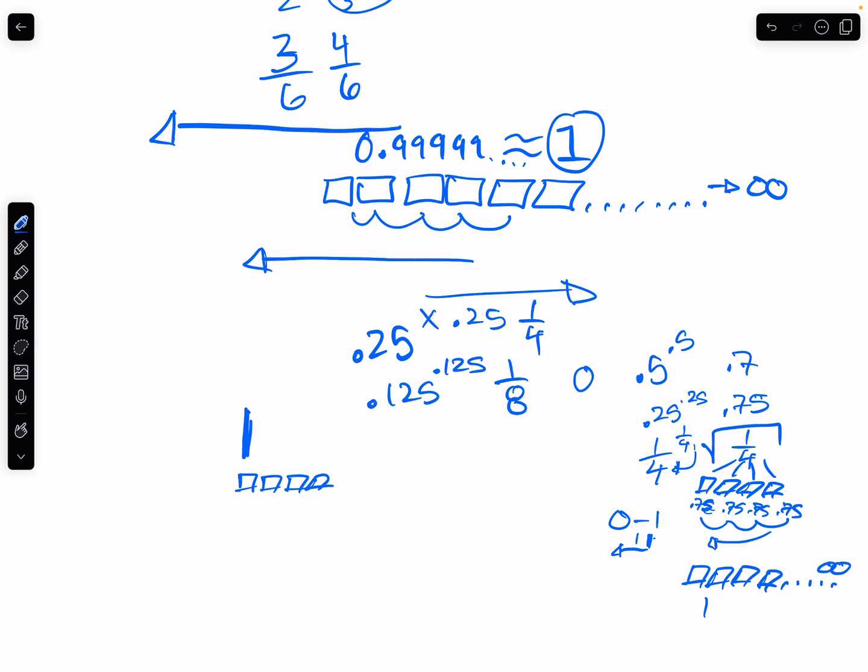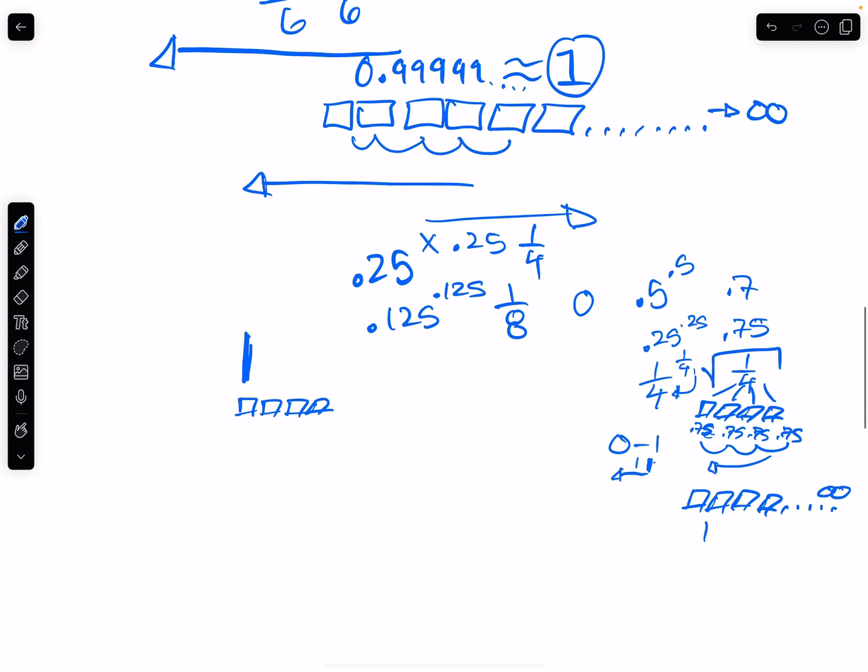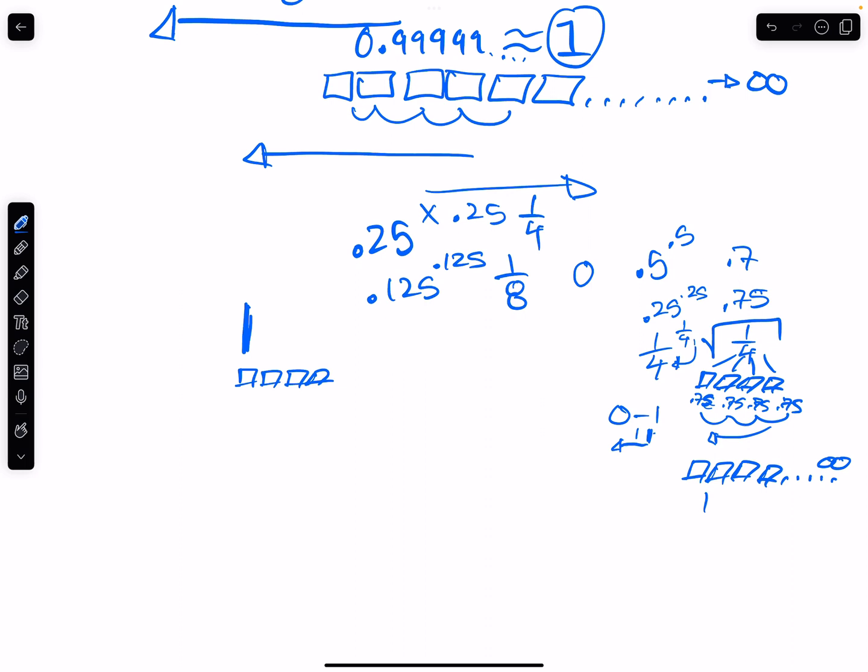Why? This is cracking my brain right now. How is it that x raised to 0,